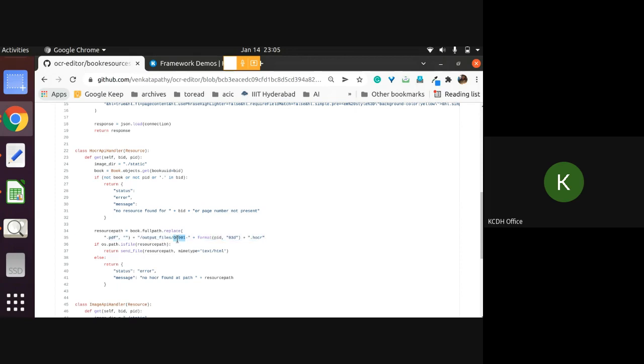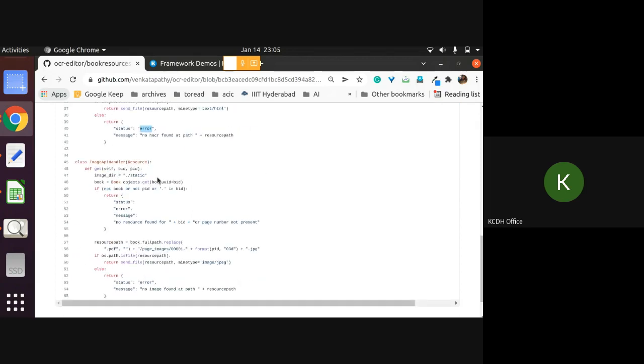And this is the bug that we sometimes might face. I think Navneet has faced this. Sometimes if there are only 2 zeros, I'm making changes to this bug. Once you enter this, you'll understand what the bug is, because it's hard coded. Basically, output files is where the HOCR is saved. You simply get that file and return the resource path. If it is a file, you send the file, which is what it does. If the file is not found, it throws an error. Image is the same function. Instead of HOCR, you send a JPEG.